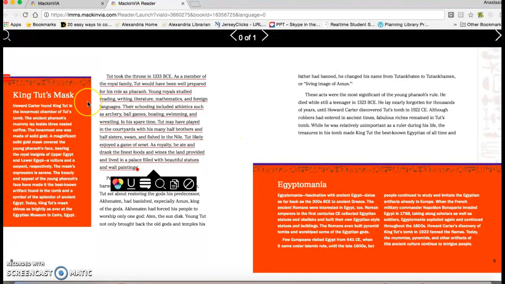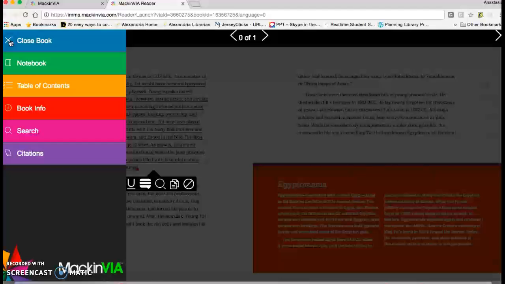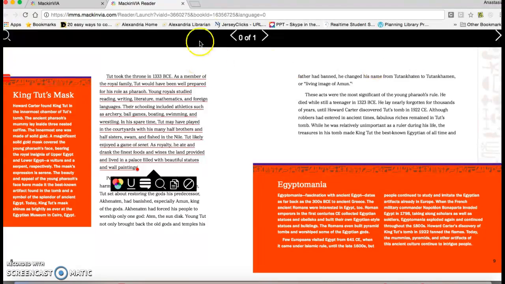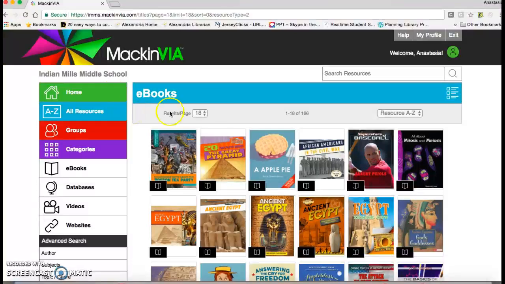Okay, so those are the different features you have, and that's really nice if you want to take notes on your ebook. Okay, I'm going to show you one more thing. If you go to Notebook, you will get a list of any notes that you've taken just on this book. Okay, I'm going to get out of this ebook by clicking on the X, and this will take me back